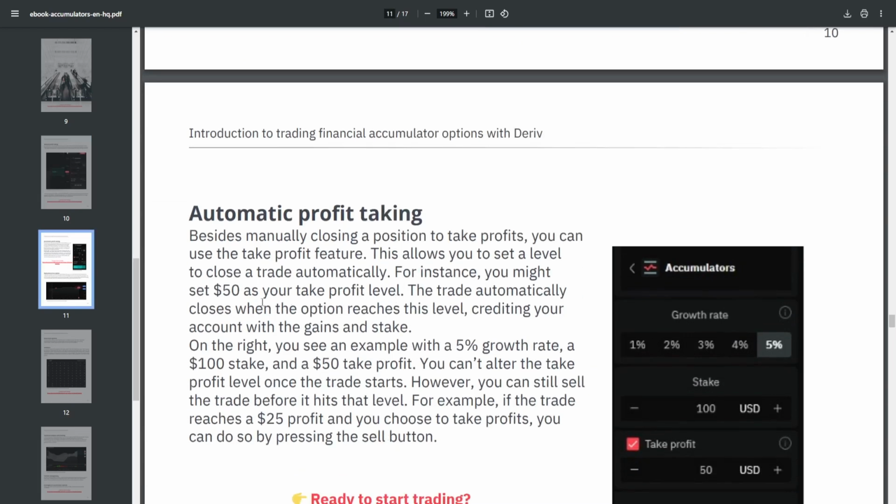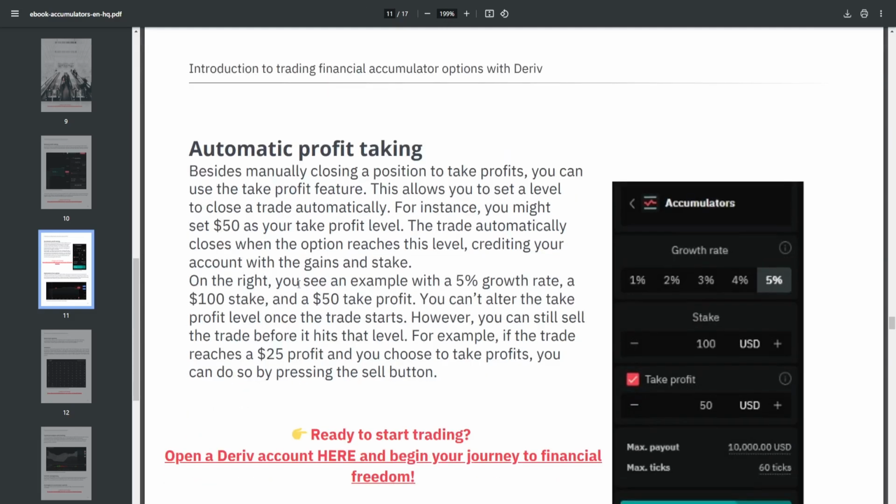Automatic profit taking. Besides manually closing a trade or manually closing a position to take profits, you can use the take profit measure, okay? This allows you to set a level to close a trade automatically. For instance, you might set $50 as your take profit level, okay? As you can see, the $50 here has been set. This is the take profit, okay? And the trade will automatically close when the option reaches this level. So immediately your profit reaches $50, your trade will be automatically closed, crediting your account with the gains